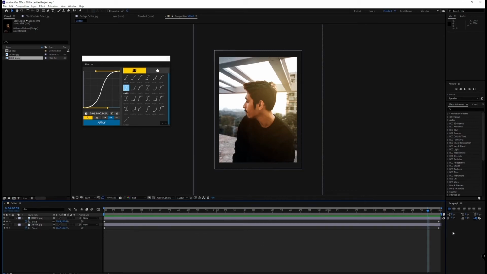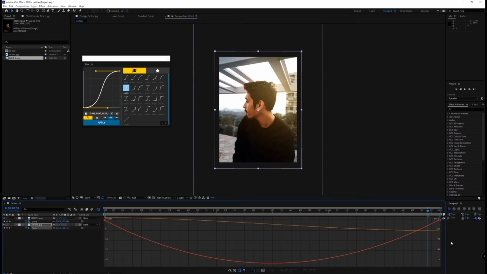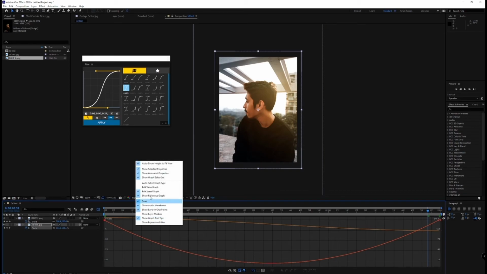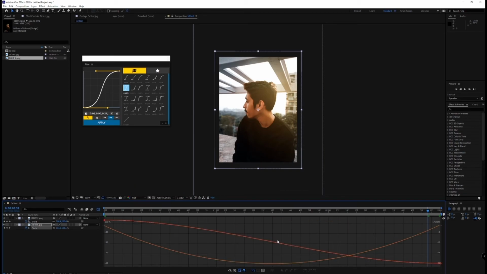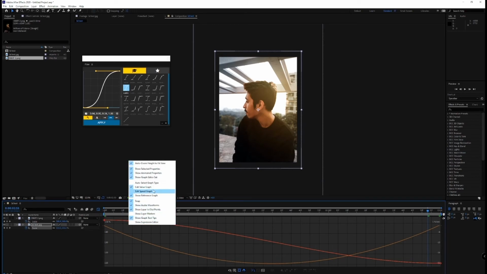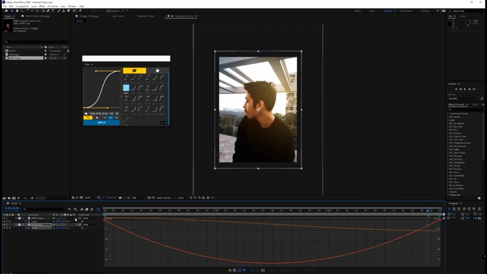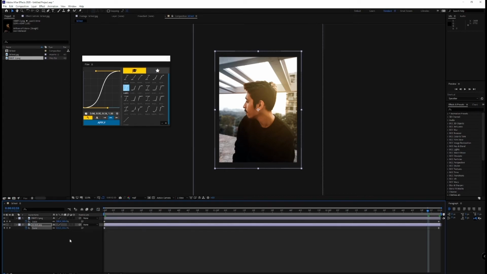Now once you're done with that, let's select these two keyframes and then hit F9 on the keyboard. This will give you the smooth transition thingy. So once you hit that F9 and then go to this option, and you will find your adjustment layers over here so that you can add your smoothness. But this is kind of complicated for me. That's why I'm using this Flow plugin.